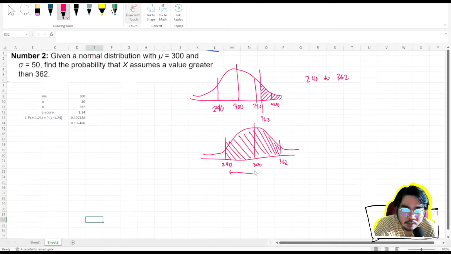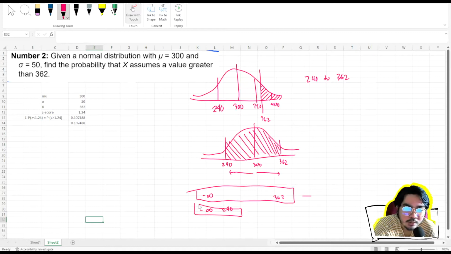0, yung 240 to 300, tapos i-add nyo na lang sa 300 to 362. Tama? Another way of doing it is if you get negative infinity to 362, tapos ima-minus nyo sa negative infinity to 240. So ito, kung kukunin nyo to, tapos minus nyo sa kung ano makuha nyo dito, that also gives you this one, no? Kasi parang ang itsura niya is,